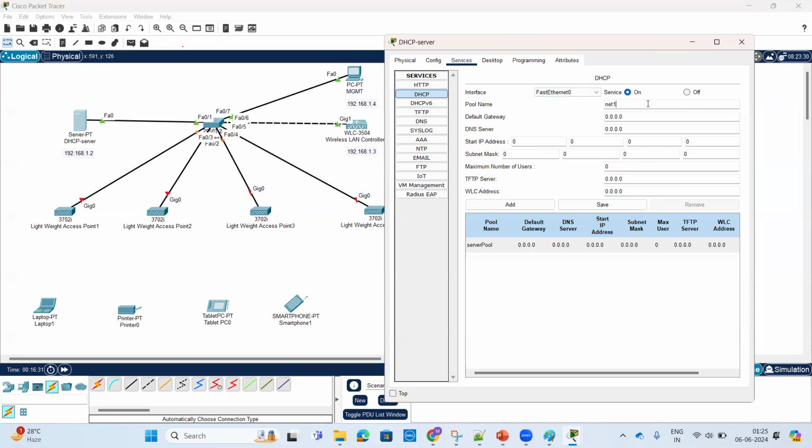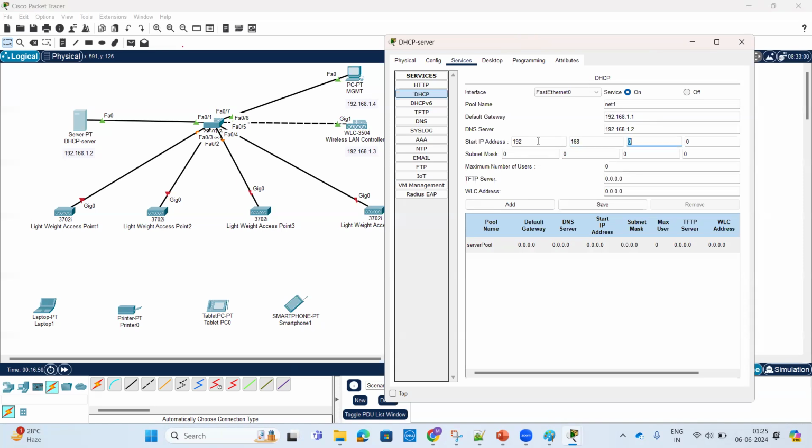Network pool 1. In that pool I'll create 192.168.1.0, default gateway 1, DNS server is 2, and starting IP address is